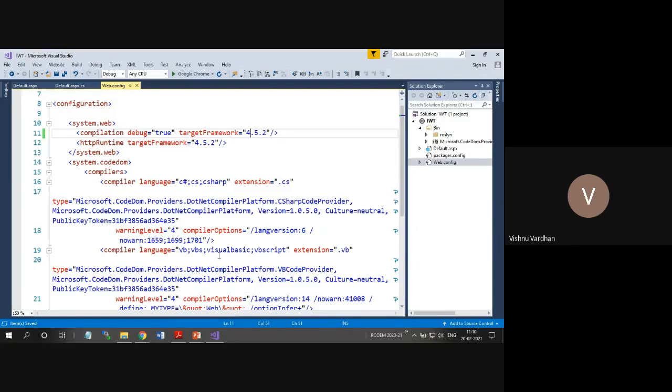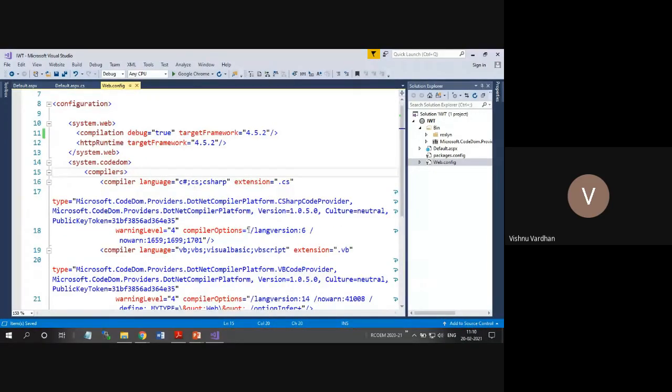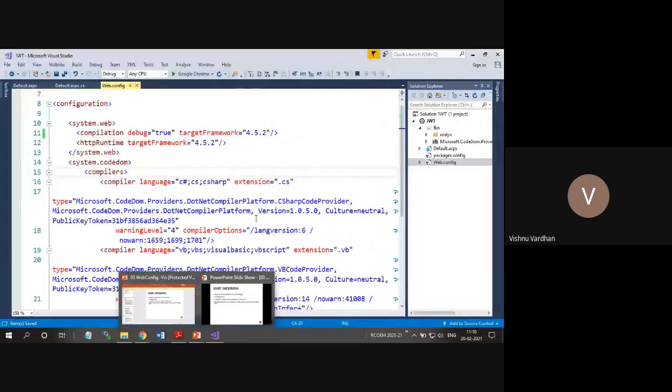And as a novice user or as a beginner, you don't have to worry about these changes actually. Simply understand what it is doing and how they treat the application in one of the other contexts we are going to see in these slides. Okay, so what are those? We'll just come to know.